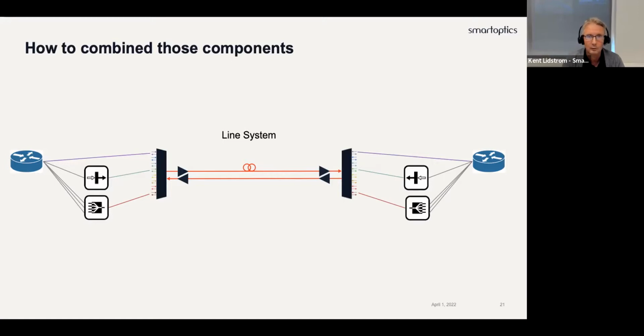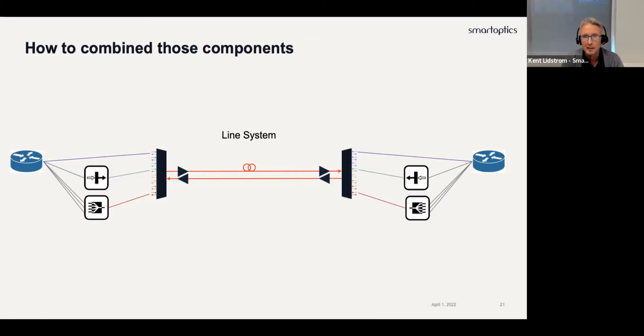You can run that with your line system. So you can use the different components to form a solution. How you select to do it is different from customer to customer, I would say. But in order to do a more integrated design from the line system, I will show you a picture of what we do, so you will understand the control loop and the level of software that is necessary to form a good system solution.